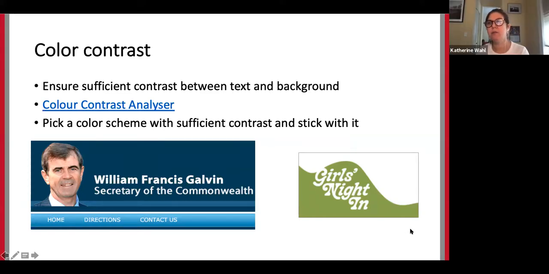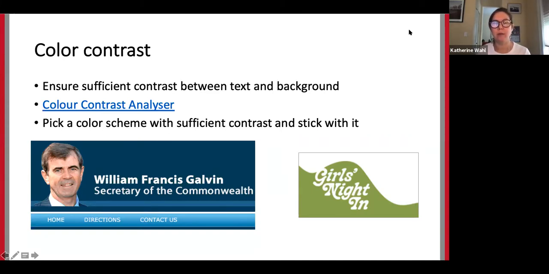I would just say that usually the color doesn't have to be changed too drastically. We find a lot of situations similar to the Girls Night In logo where I think it's close. And you really just have to explain to the designers that we don't want to exclude people and we don't want to leave people out. We want this to work.